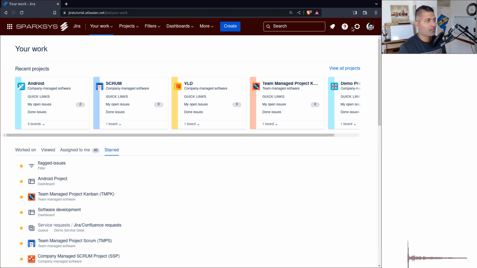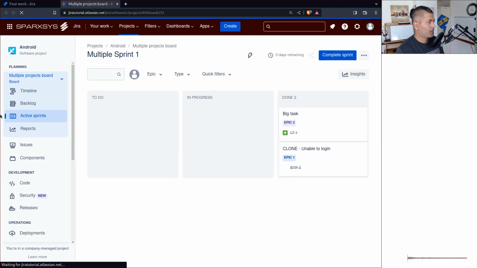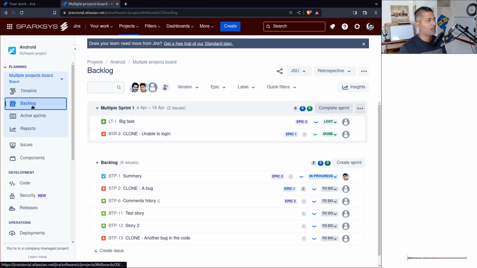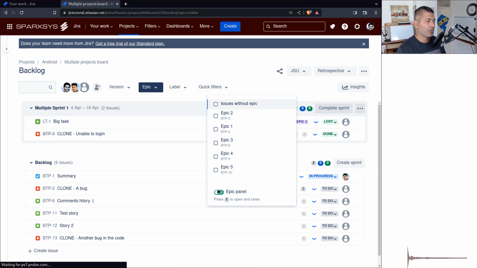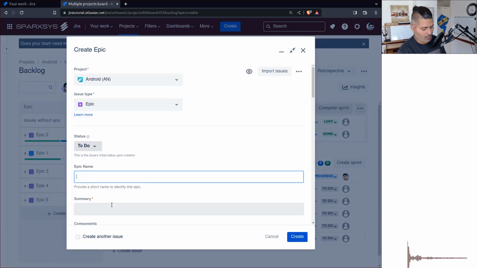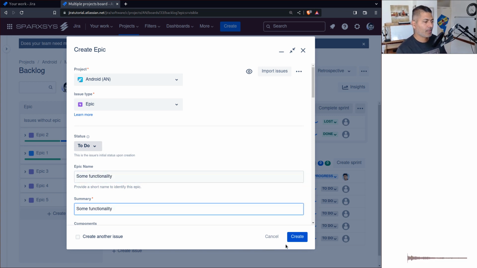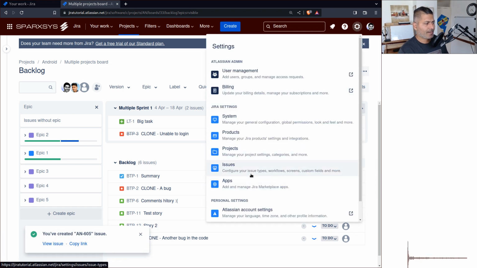Now, what you can do, let us see. So first, let us take a look at one of the boards. I'll probably open this Android board. It is a Scrum board. Now you have this Epic panel in the new enhanced board that you can enable, and it says here Epic, and you can create a new Epic. Let us say some functionality. So this is the name of your Epic, and you can also have the summary. Now the thing is that Jira is a flexible tool, and there are certain things